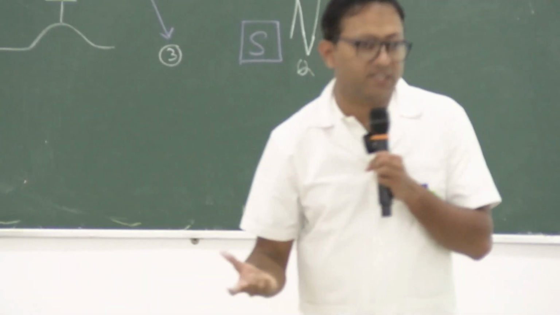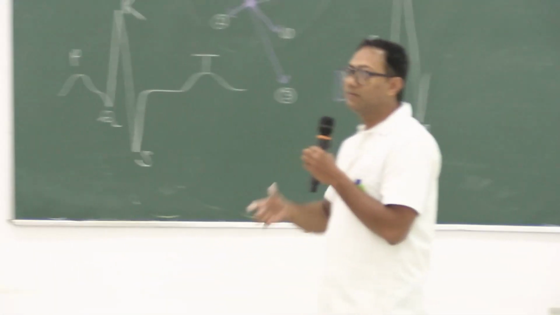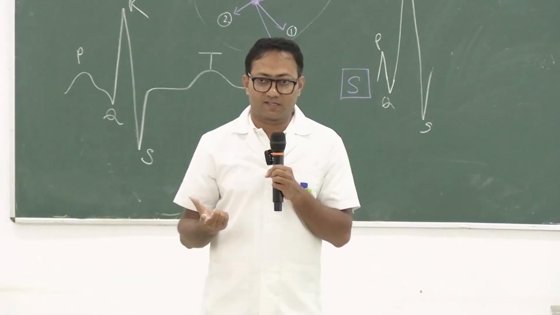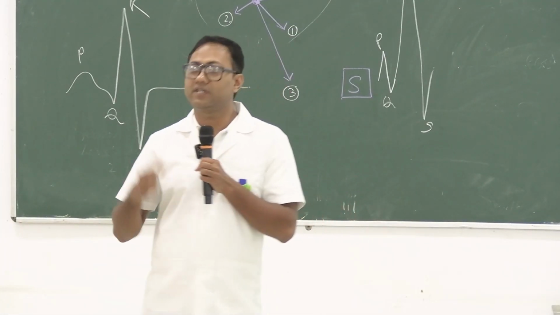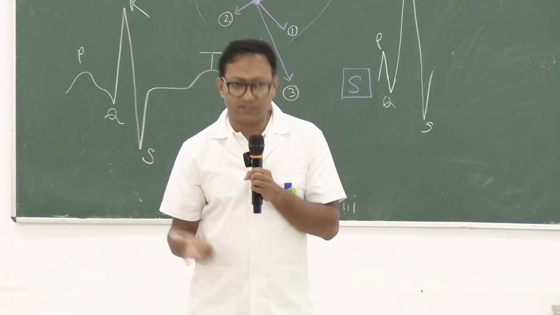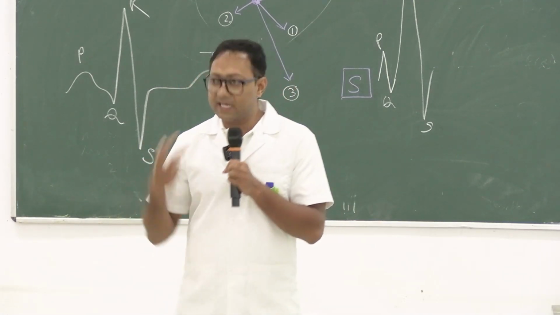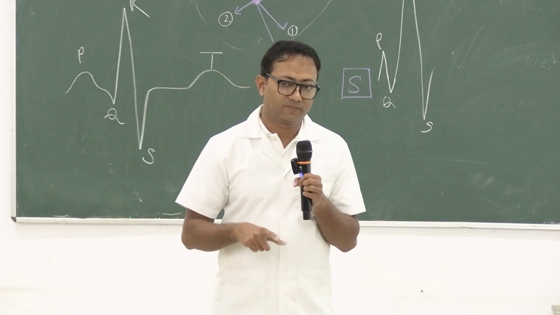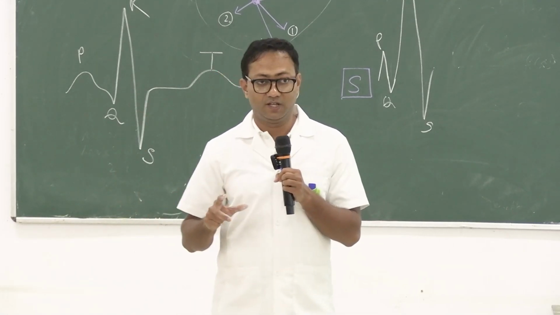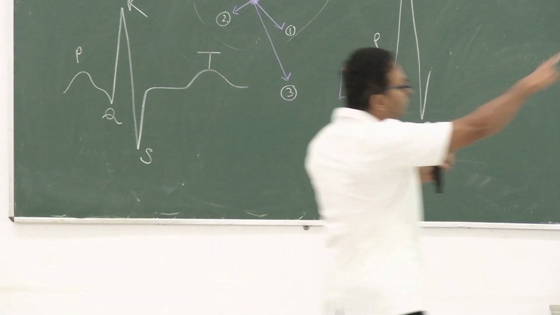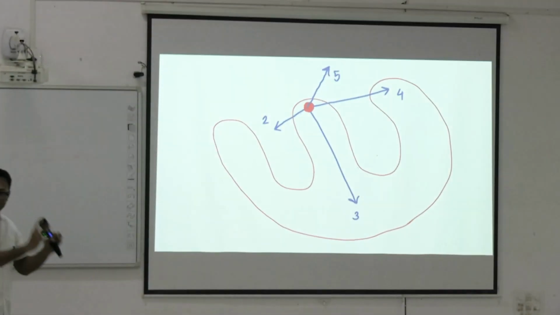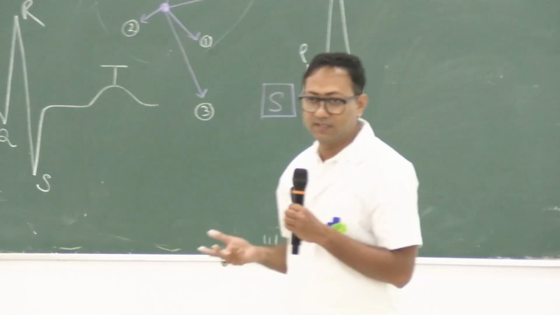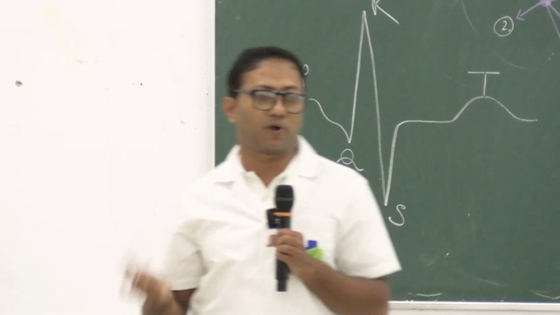once you have depolarized the ventricle, okay, and the ventricle has contracted, right? Now it's time to relax, right? Now it's time to relax. So you need to relax the ventricle. So for relaxation you need to do repolarization. Okay, you need to do repolarization. So ventricle is depolarized with 2 3 4 5 vectors. The ventricle is depolarized. Now it has to repolarized. It has to be repolarized, right? It has to be repolarized. Okay,